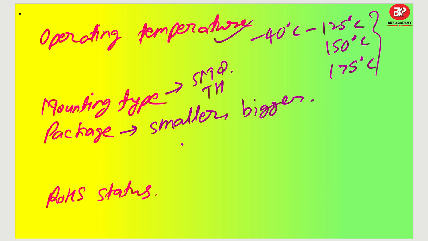Since you are using these MOSFETs for industrial applications or automotive applications, you must consider that all the MOSFETs must be RoHS compliant. This is one of the criteria to suit your EMI/EMC compliance or CE markings and all. Now let us see